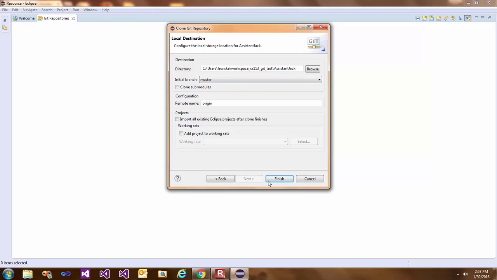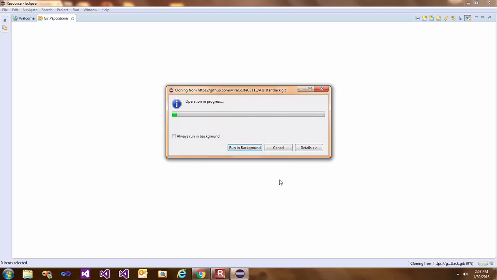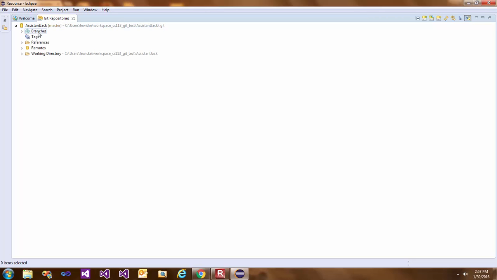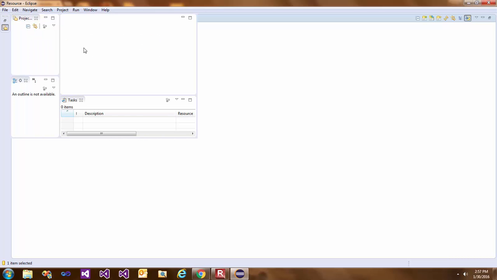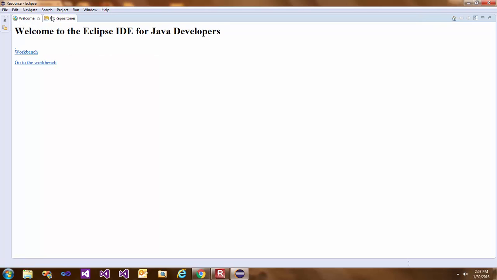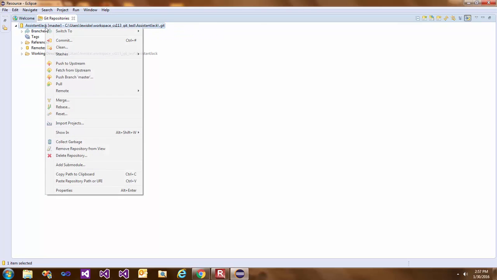I can leave everything else as the defaults, and then you click Finish, and it will run. And now my Assistant Jack will be here, and I can see all the different parts of this, the working directory, and everything like that. So expanding out my Eclipse view will allow me at least to get into my repository. Here I should be able to now